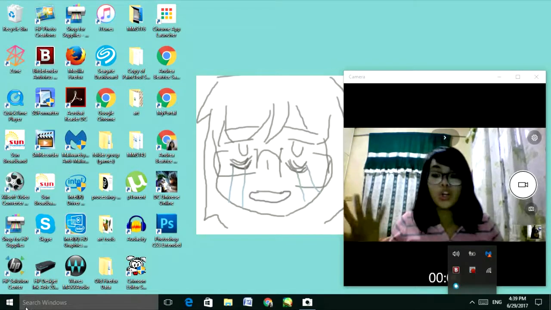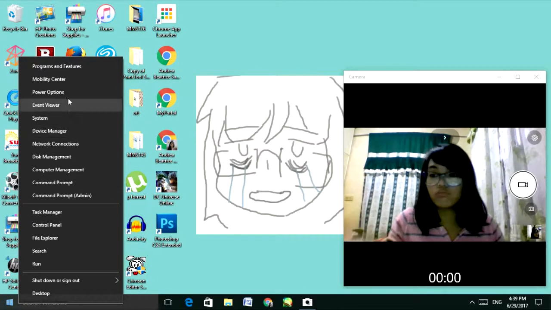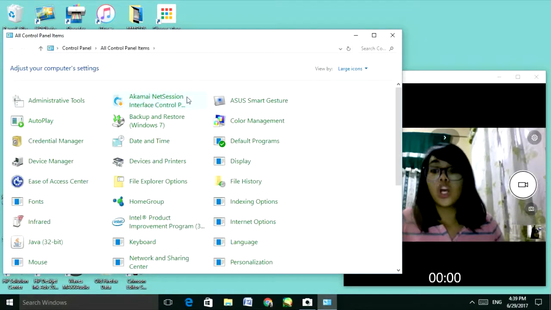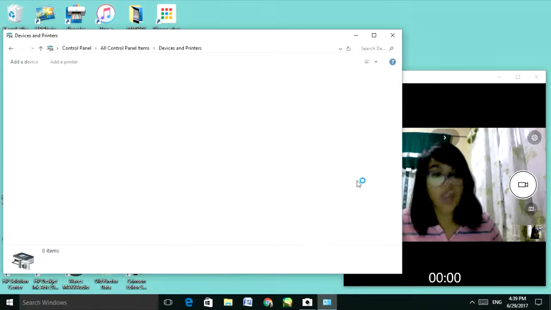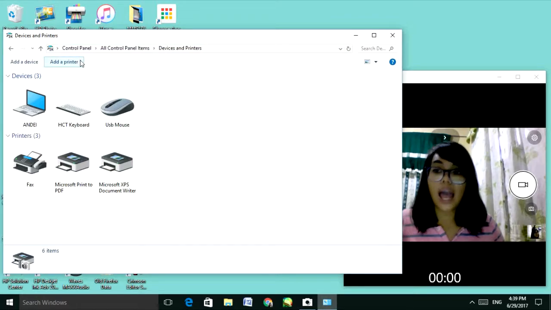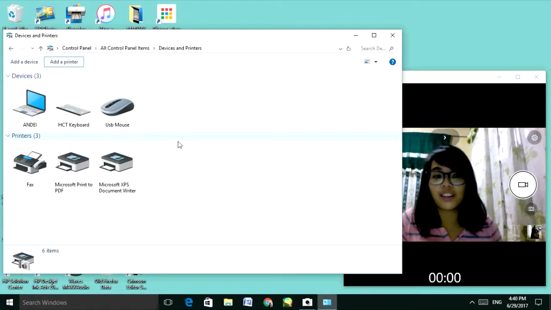Okay, so you could check this on the control panel. Usually for this one, if it's connected to a network, you could check it under devices and printers. If everything is set up properly, you would be able to see it, and then you could actually add the printer here. But if this computer or specific client that you have could not connect to that wireless client, which is the wireless printer that you have,